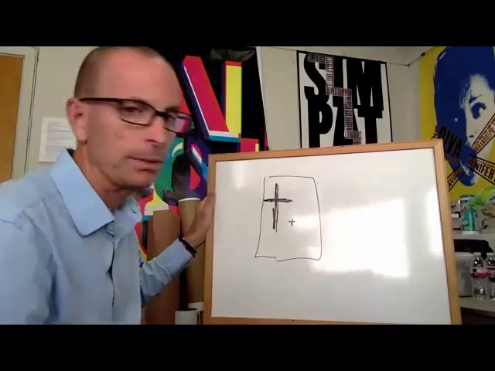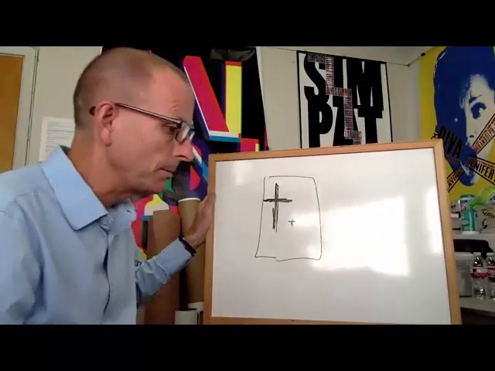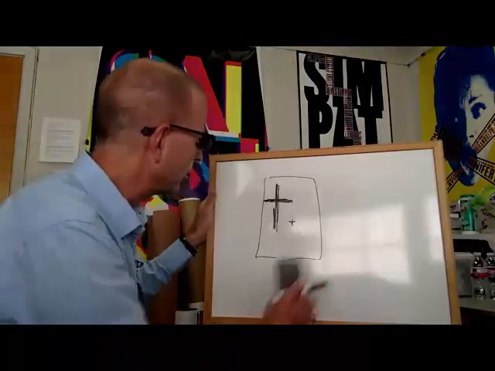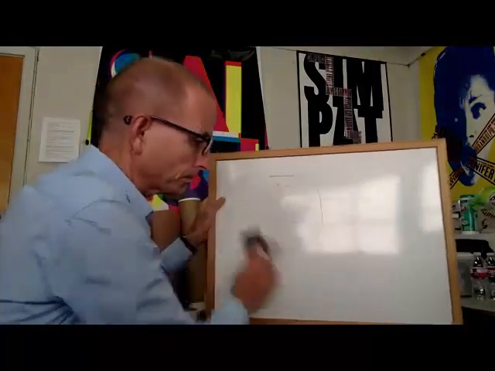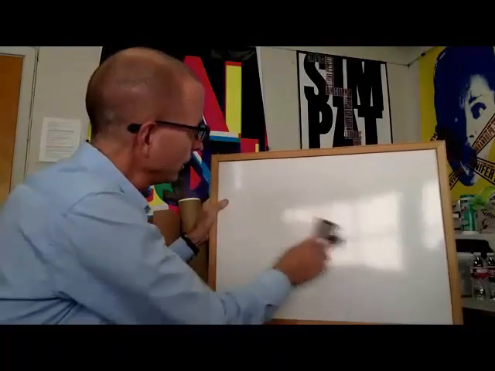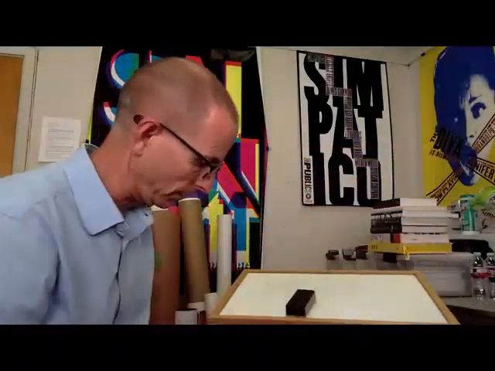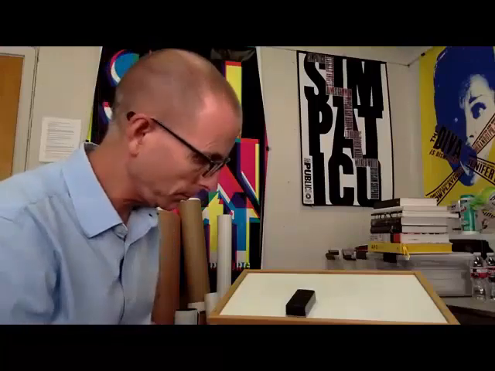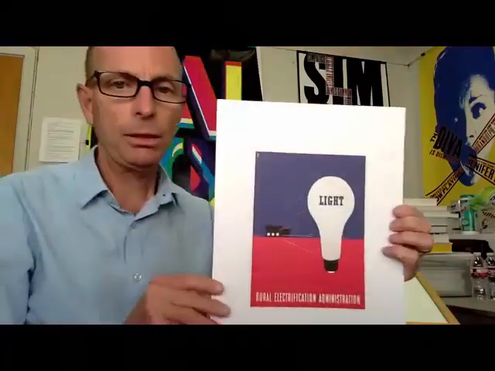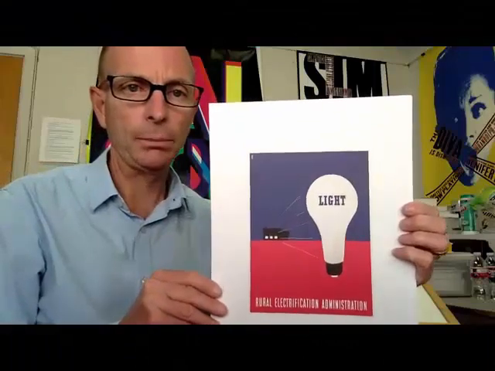So again, as I had mentioned, shape, size, and color differences between elements can all be used within the principles of contrast. I think it might be helpful to see a few examples of that, so it makes a little bit more sense. Here is an example of a poster